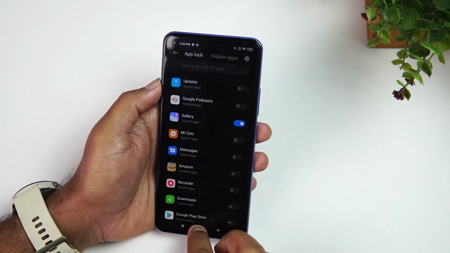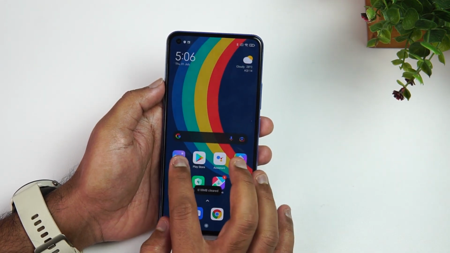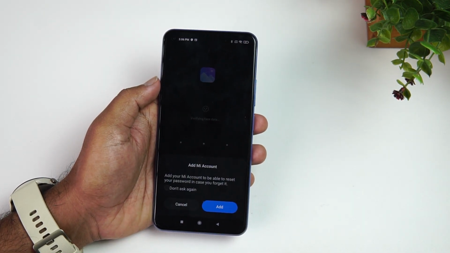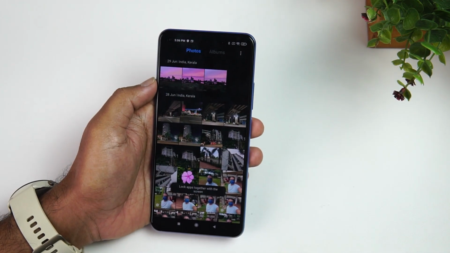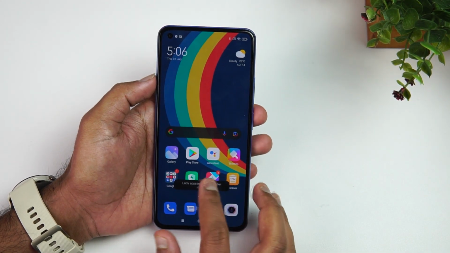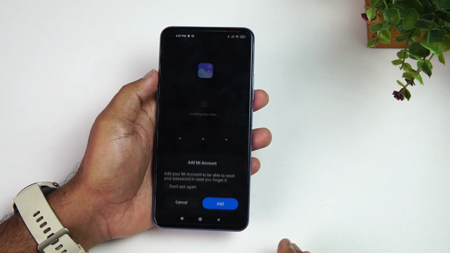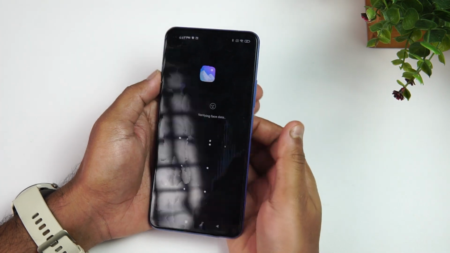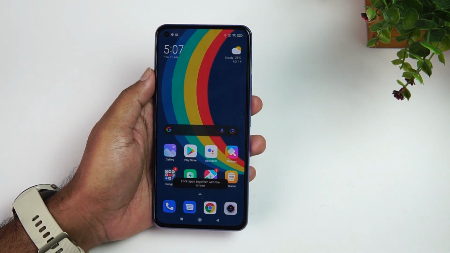So now if I just exit here and then clear off all the background apps, now gallery will be locked. So you can see here it is asking for password. So I can verify face data, or I can use the fingerprint. Anyway, whichever way I want, I can just show you once again. So I can use the face data or the fingerprint as well. So you can see here that's the option. So this is how app lock works.